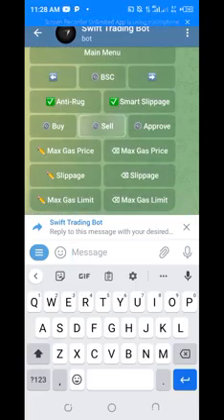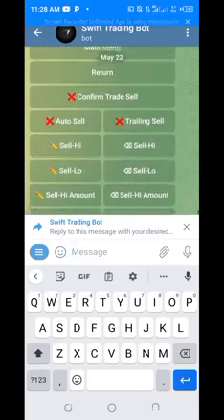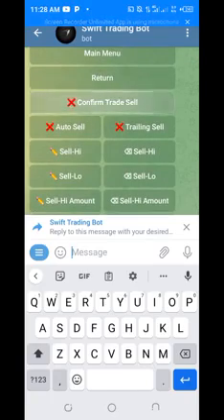The next one is sell. You configure your sell. You can configure the bot so you don't need to be activating the sell by yourself. You don't need to be confirming the sell by yourself. Once you click on sell, the bot will automatically confirm it by itself. Okay. Then the next thing is